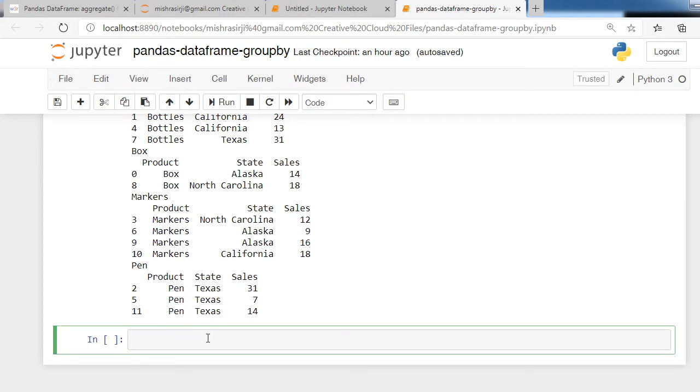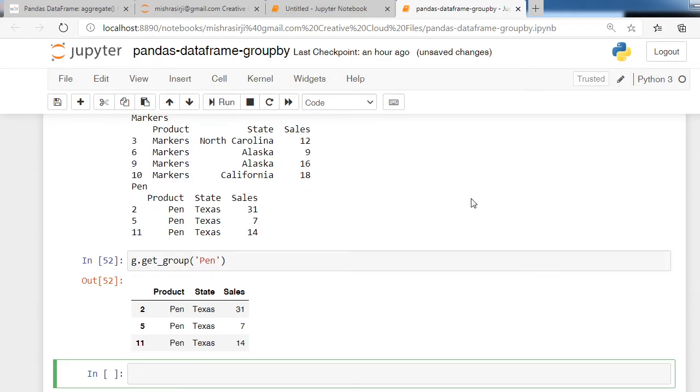We can also see each individual group with the help of the get group function. See how. g dot get underscore group and name of individual group. So I am writing here pen. This statement returns information of the pen group. We can also see information of another group: g dot get group, then name of other group, that may be markers.